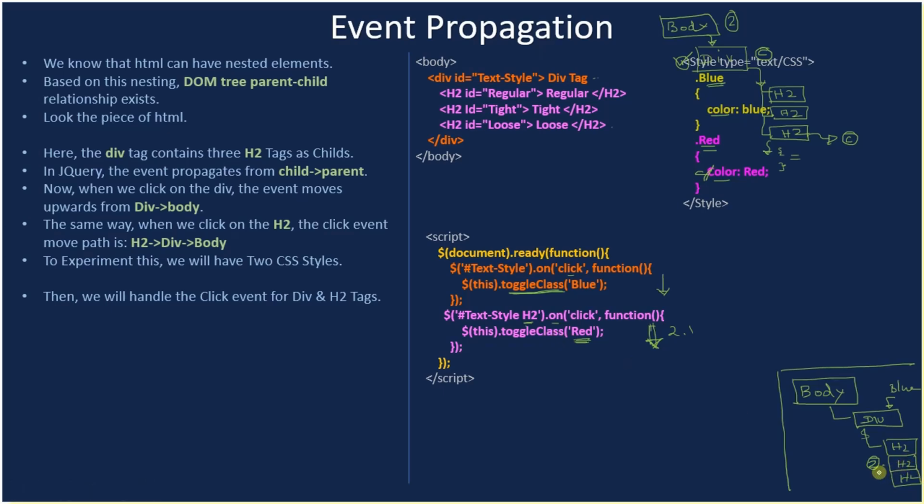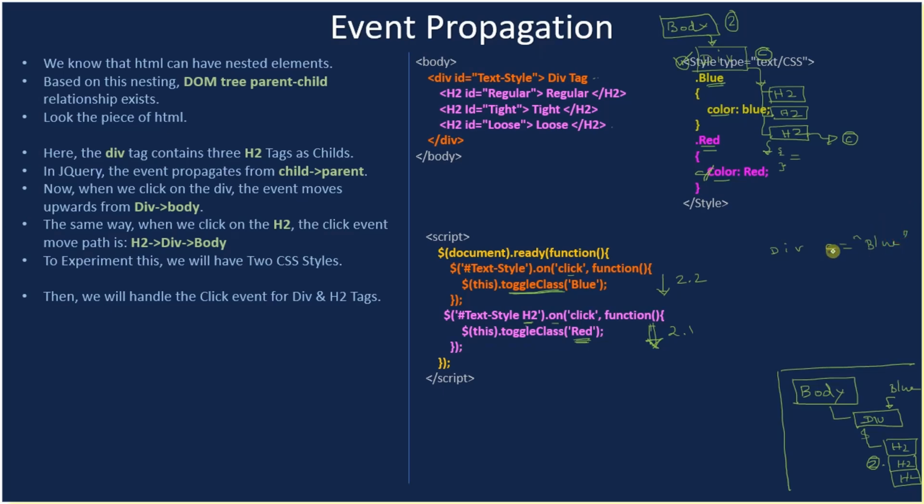Then what happens? The event propagates up and calls the click event for the div. So this also gets called because of event propagation. And when it gets called, here we are toggling the class to blue. That means we are applying the foreground color blue. So the net effect is the div tag has the class attribute equal to blue,